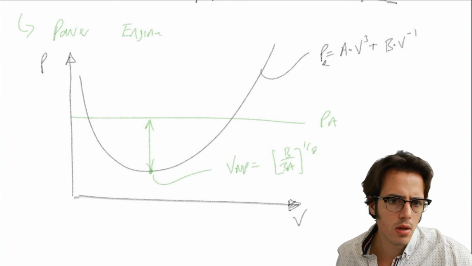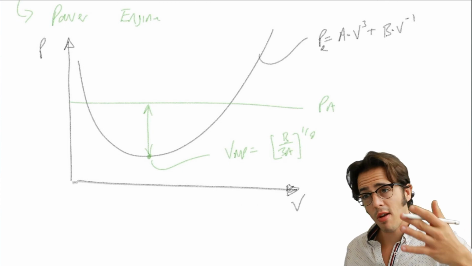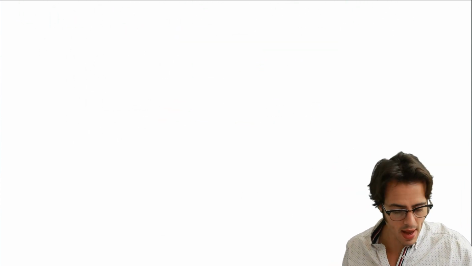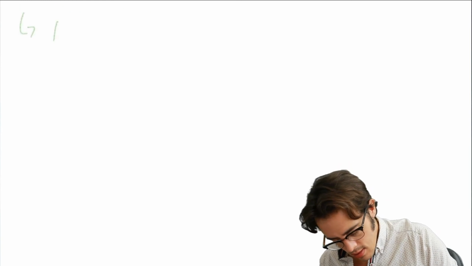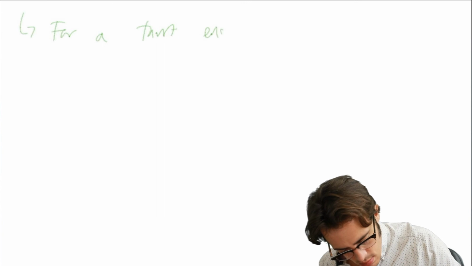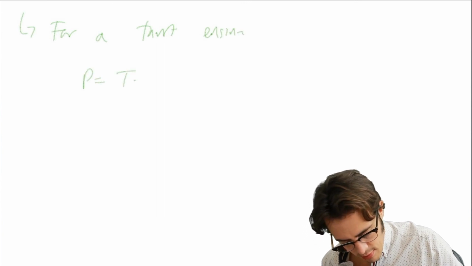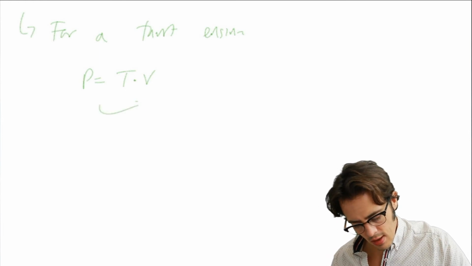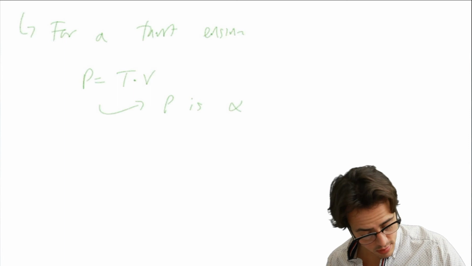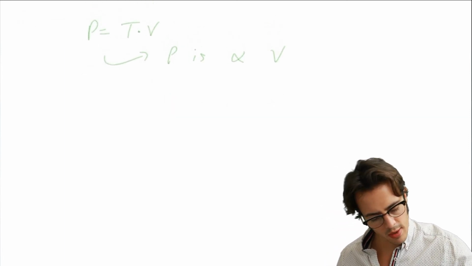Okay. So for a thrust engine, we've got to look at what the thrust, or the power of a thrust engine. Power is going to be a function of the thrust multiplied by the velocity. So the power is linearly proportional to the velocity. So if we were to draw this plot,